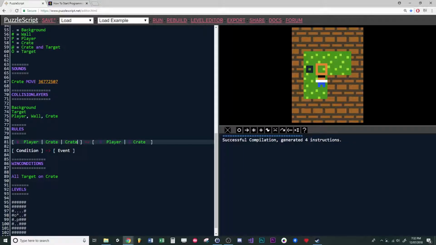Likewise, if we put this, it would mean if the player was next to a crate and that crate was next to another crate, then do something. So you can just read this line as "next to", and then this arrow means "moving towards". So if the player is moving towards the crate that it's next to,